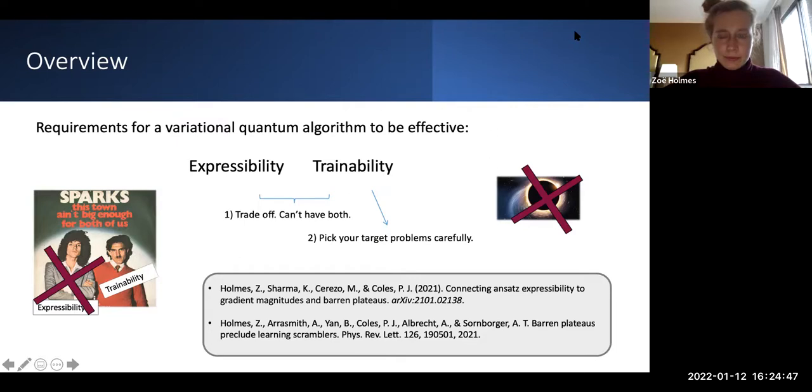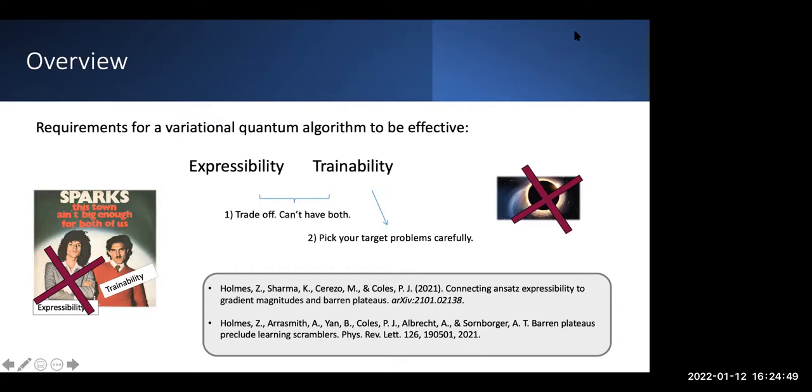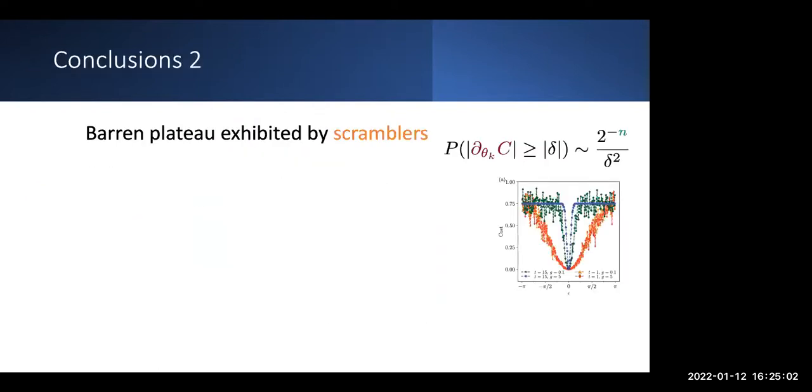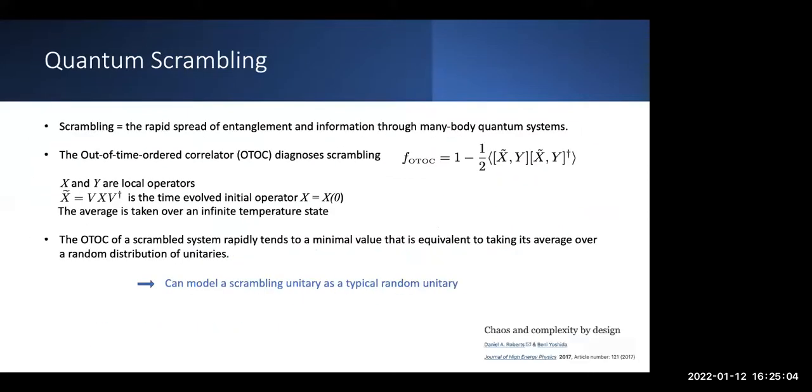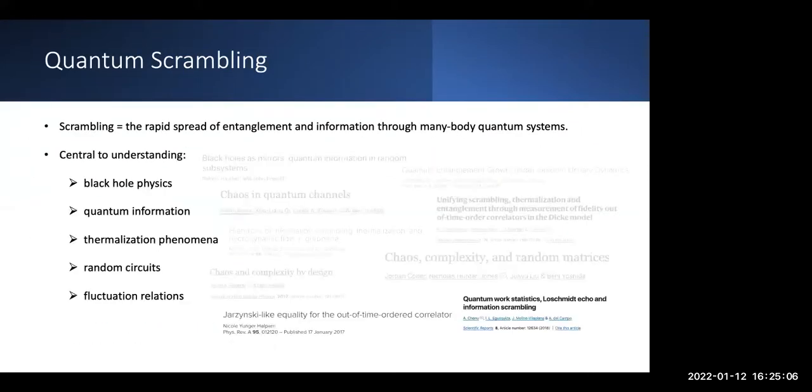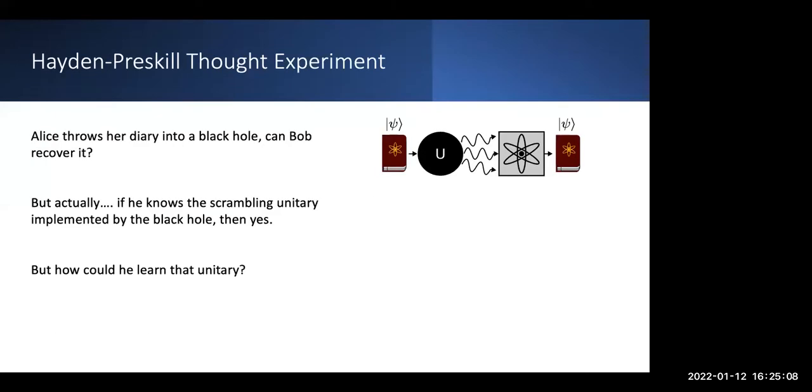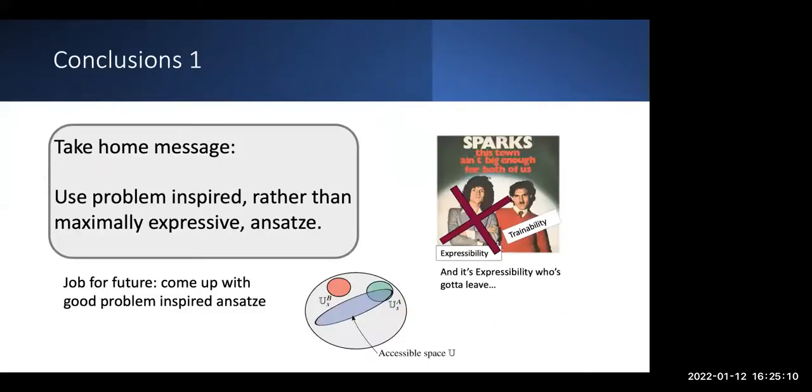I had a question, but I'm not really sure how to express it properly. So here goes. The idea is that the more expressible you make an ansatz, as in more of the space it covers, you're just not going to be trainable. Your gradients are going to be too low. So it doesn't matter that you can reach every point. By randomly initializing it, you can't make it to that point, right?